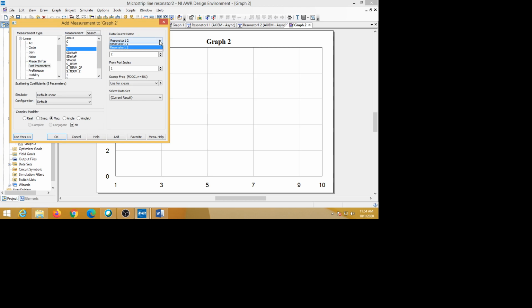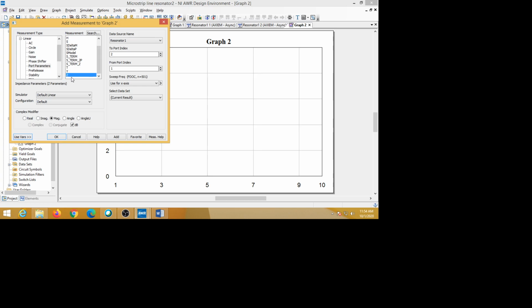I am doing the measurement on resonator 1. You can do overall, but I am choosing only the first one, resonator 1, that means the epsilon r equal to 2.2. For that we are measuring the input impedance. But instead of S parameter, we have to choose Z parameter here.